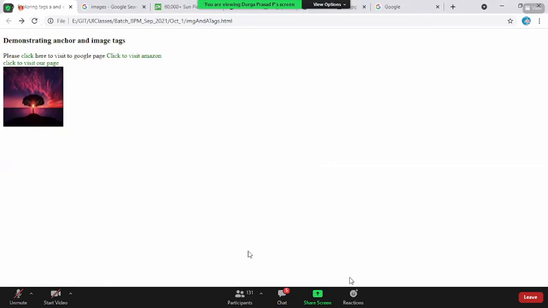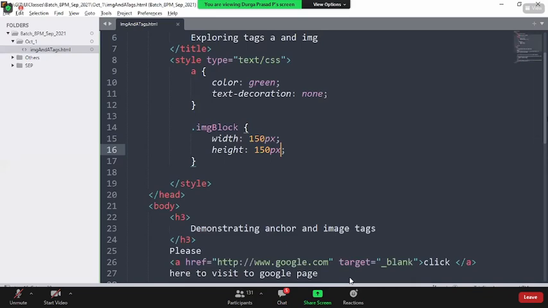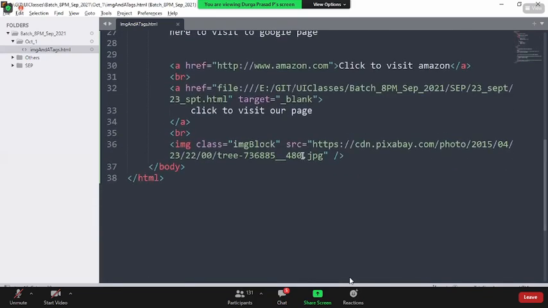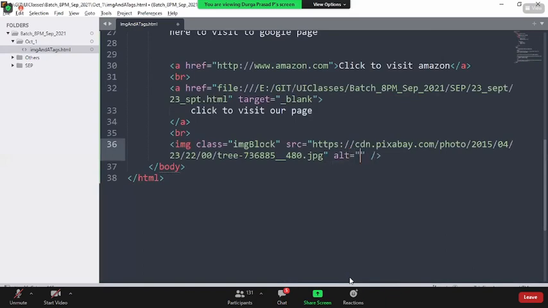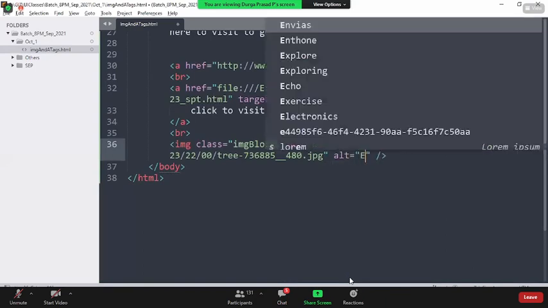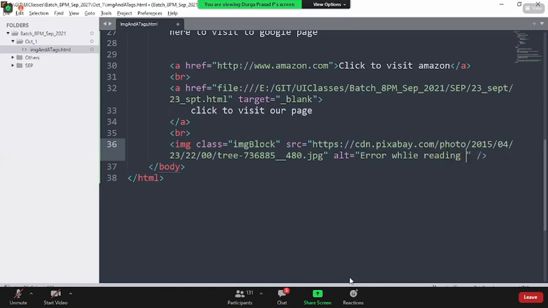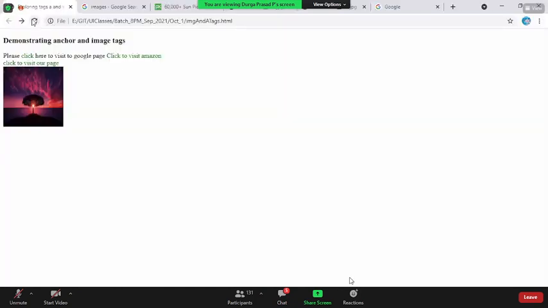On top of that, the image tag has another attribute called the alt attribute, ALT. Now you specify a message like, error while reading image. I just added some message. Now, if you come back and reload the page, do you see that message? No. Then what is the use of that alt message?